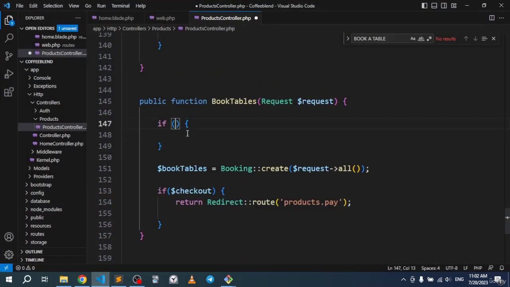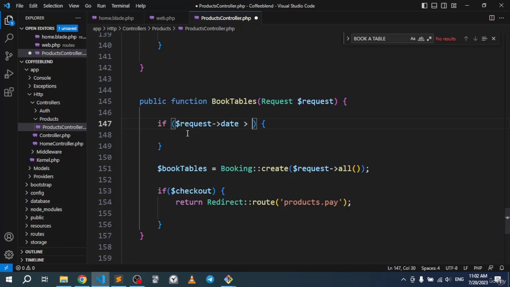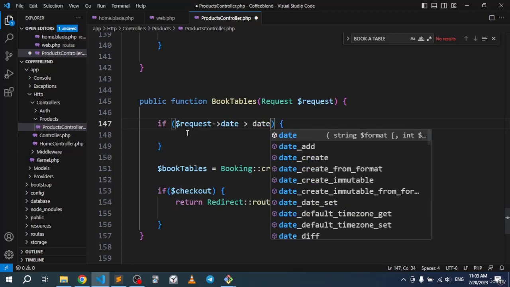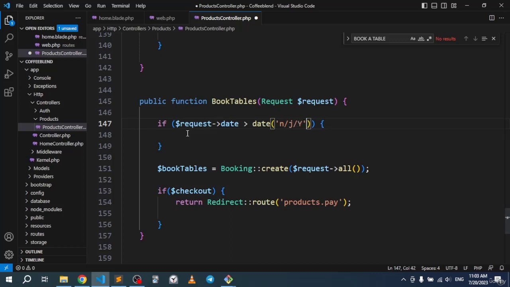So all I'm going to do is go if request date, like that, is greater than the date of the day, which is simply going to be n/g/y. So if the date that's coming from the input is greater than the date of today,